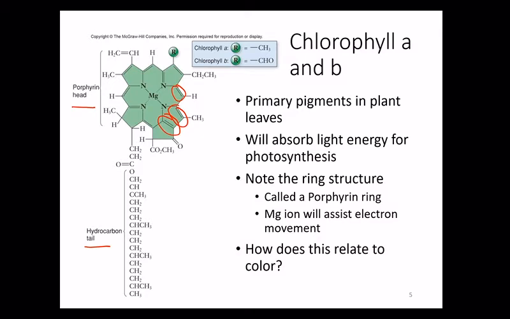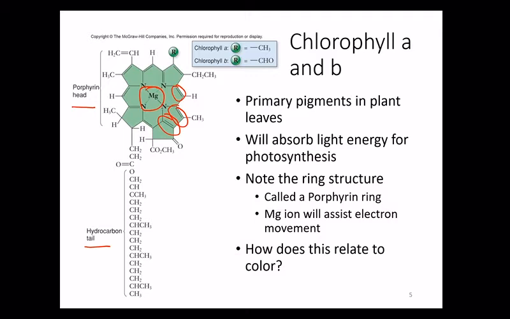Magnesium ion is in the center here. Metal ions are very good at transferring electrons. In this case, it's going to also assist in creating this structure. Okay? And the structure is important. This flat structure, sort of think of it that way, is able to interact with more light